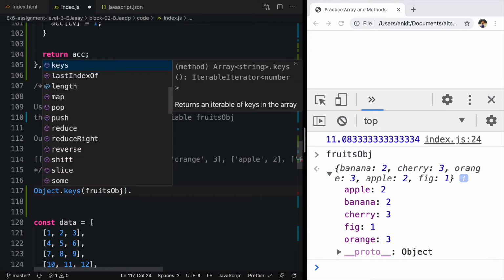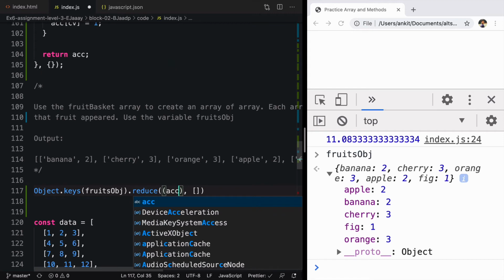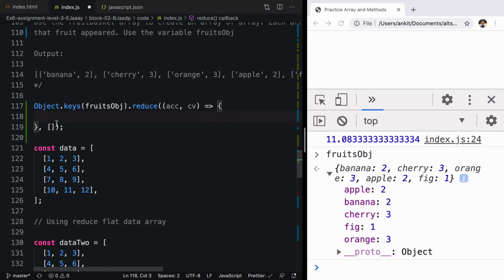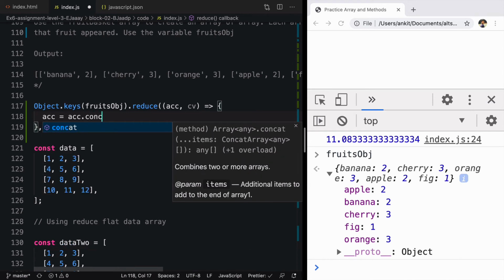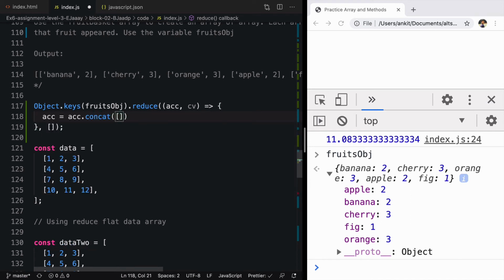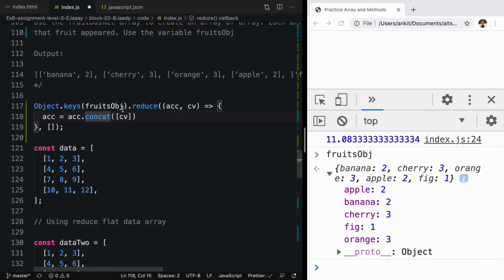So here we'll say dot reduce, because it is an array. Reduce gets two things: a callback function and an initial value. The initial value is going to be an array, and the callback function is going to get access to accumulator and current value. Inside this, first we need to do accumulator is equal to accumulator.concat, and we need to concat an array which will have a key that will come from CV, because using Object.keys we are getting all the keys.